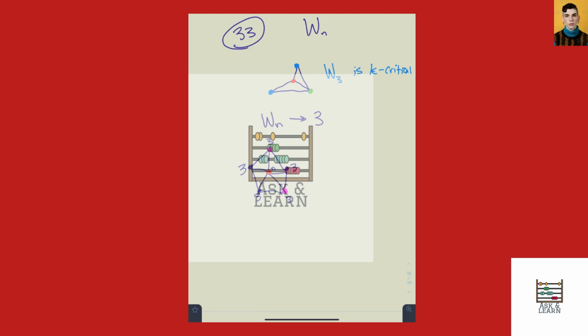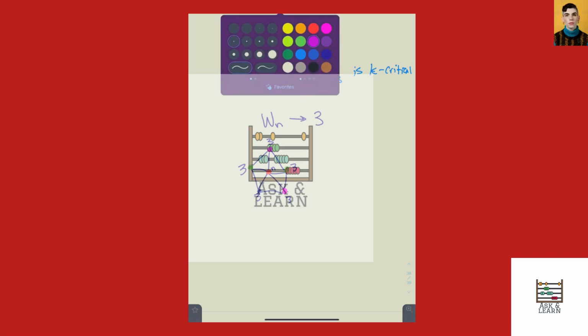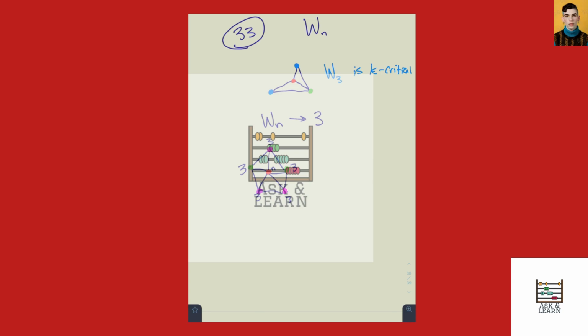We would have pink, and then we could have green and green, and then we'd have purple. So in all cases, we're going to have those 4 colors. That's always going to be the case. So it is 4. And then once we remove an edge,